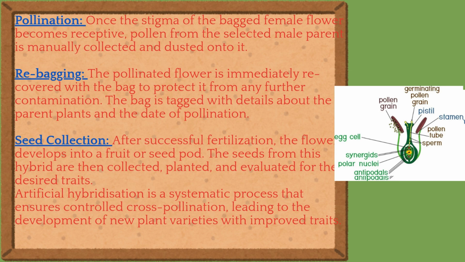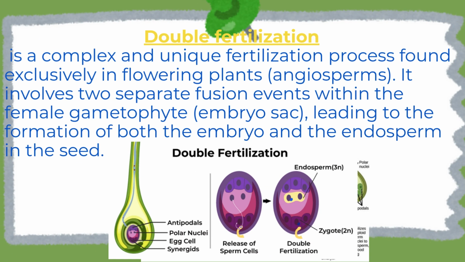The seeds from this hybrid are then collected, planted, and evaluated for the desired traits. Artificial hybridization is a systematic process that ensures controlled cross pollination, leading to the development of new plant varieties with